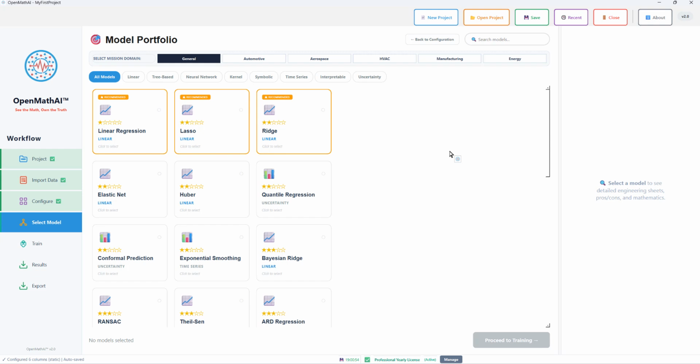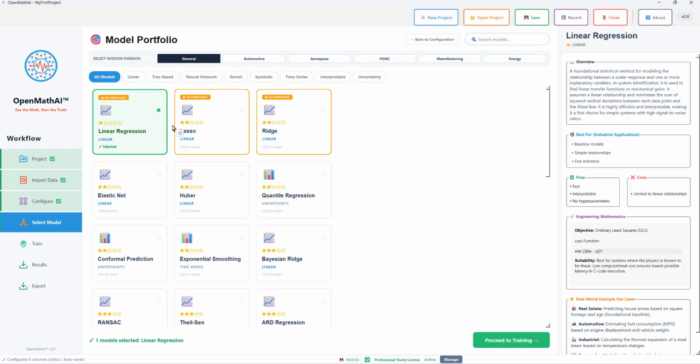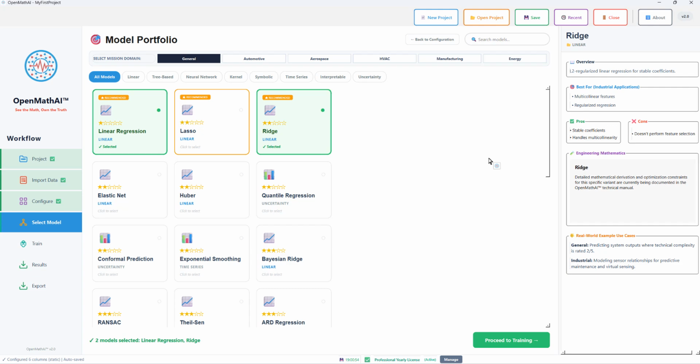OpenMathAI also tries to suggest what kind of models could be useful for this particular case, looking at the data. It found that in this case, the recommended models are linear, lasso, or ridge regression, given the data points and the quality of data that it accesses. Now let's pick a couple of them to see how it all comes together. Let's pick linear and ridge regression together